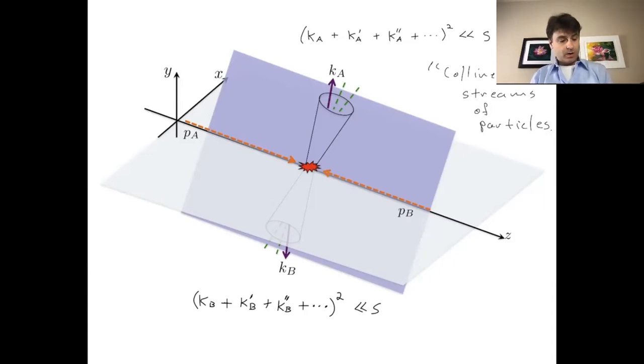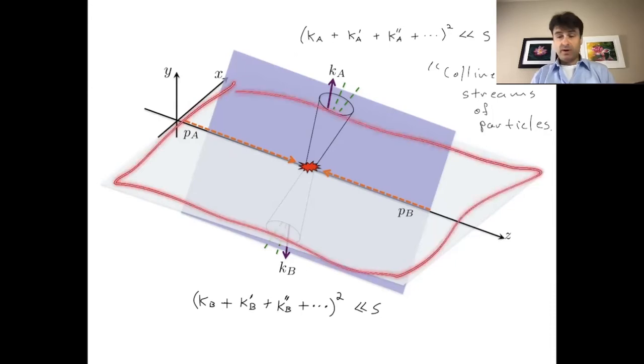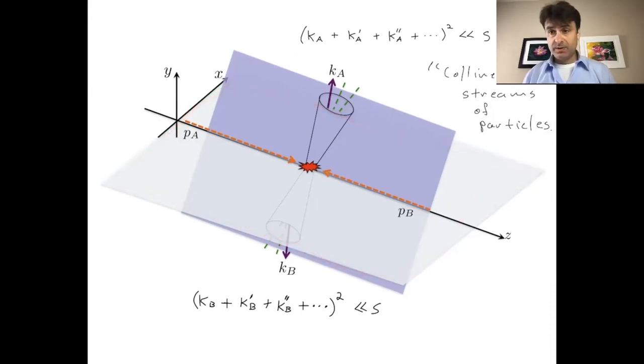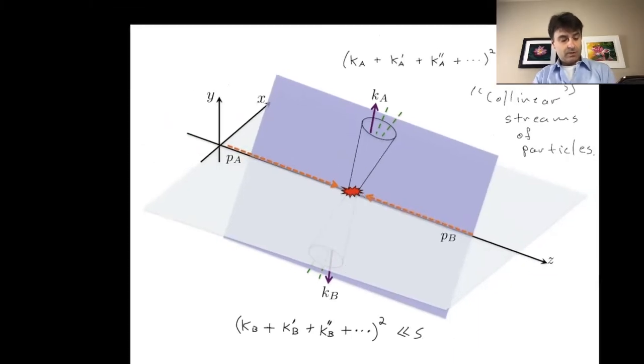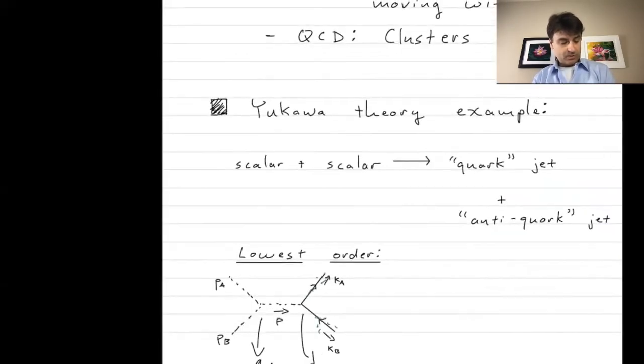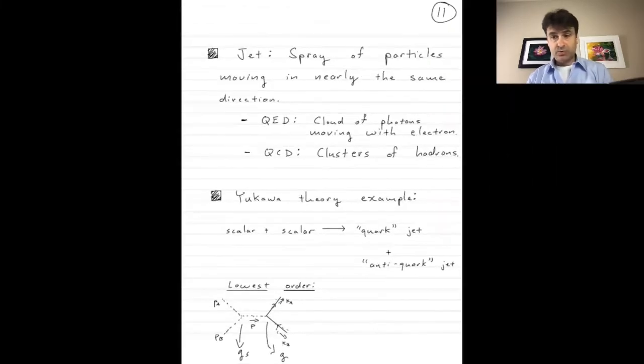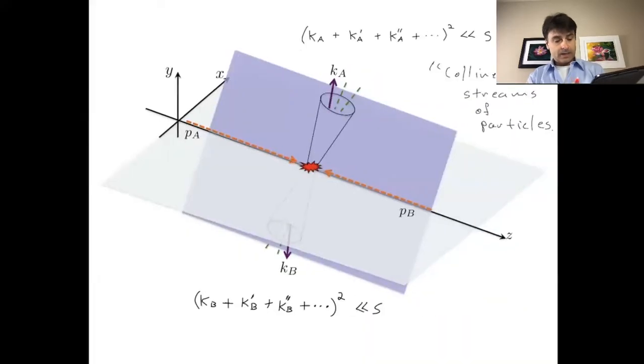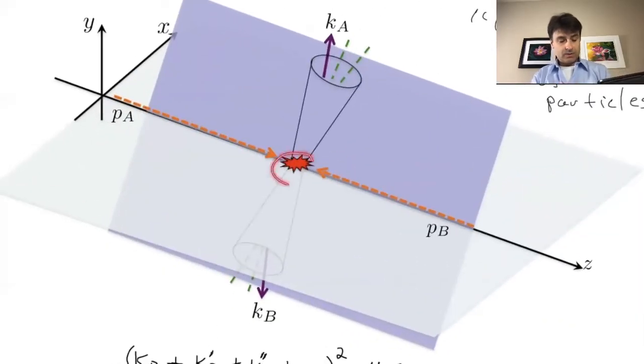So I've drawn a diagram with planes to try to set up a good coordinate system to describe this process. What I've got are the pA and the pB coming in here. That corresponds to these incoming annihilating scalars, so this is from before the collision. And those orange particles correspond to the incoming lines here on the lowest order graph. And then there is an interaction here at the interaction point